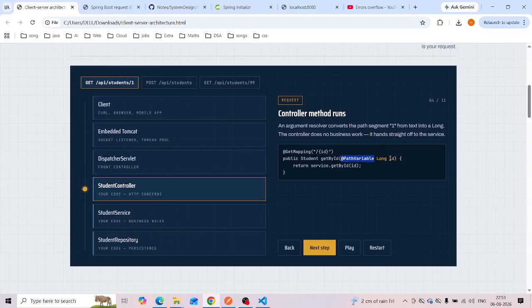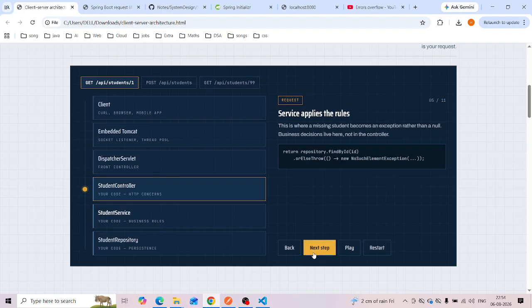It is taking the ID from the path and passing it to the service. An argument resolver converts the path segment 1 from text into a long. The controller does no business work, it hands straight off to the service.